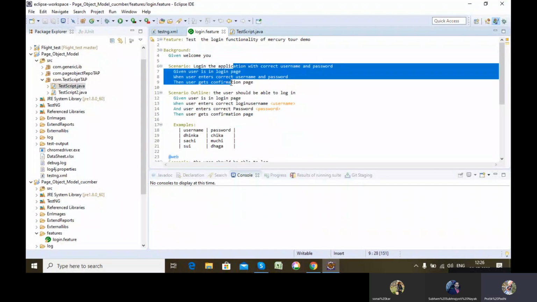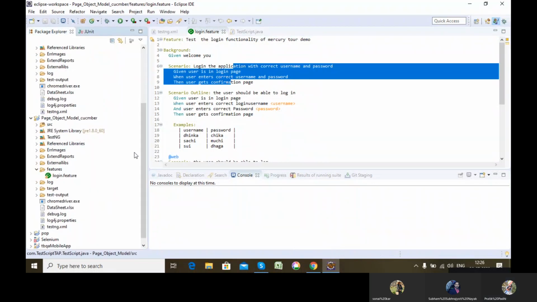So how will the work be done? To make our work according to our code, I have to create one step definition file, which is a normal Java file.